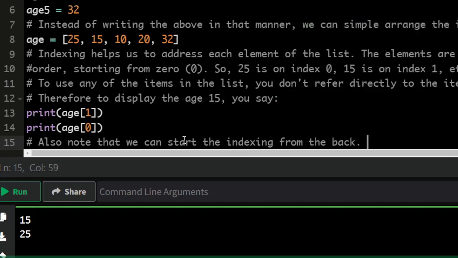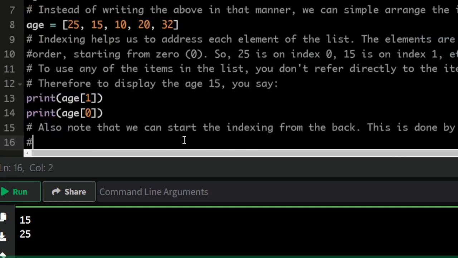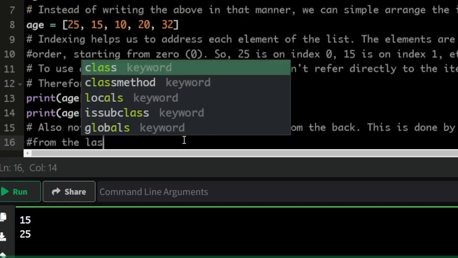We can start the indexing from the back. All right. This is done by starting with -1. You start with -1 from the last number